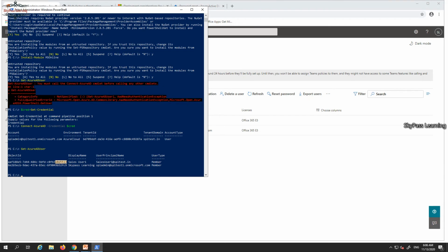Let me quickly show you more details on this. Suppose I have taken Get-AzureADUser, and then I put the parameter ObjectId. I placed an object ID as this, and after that I'm going to show you.